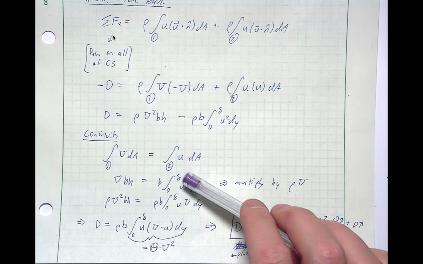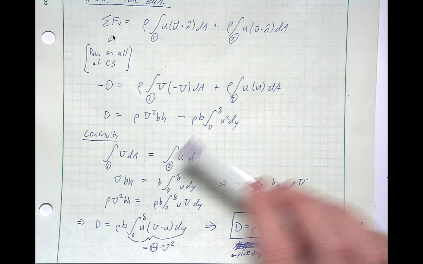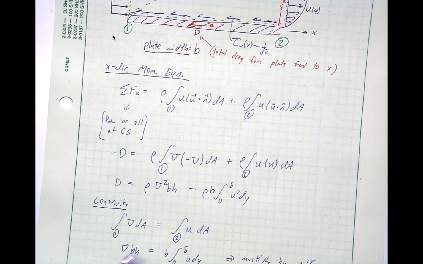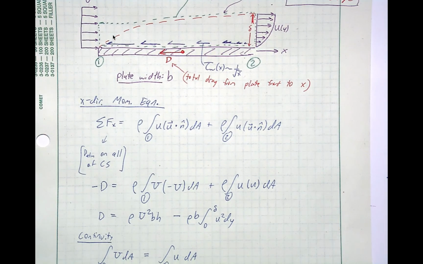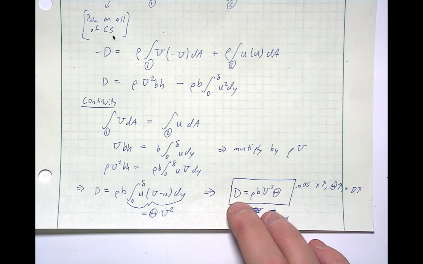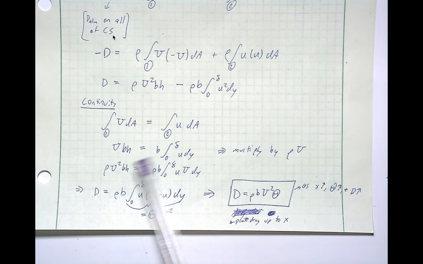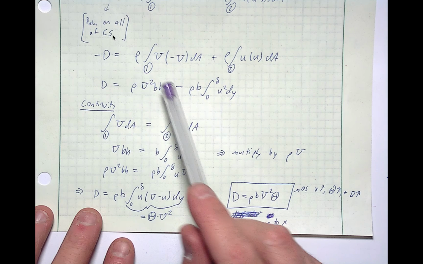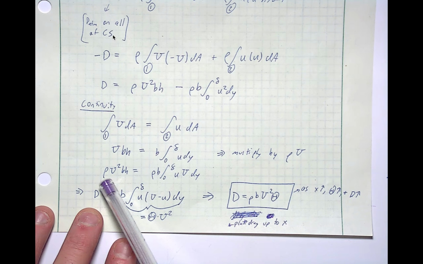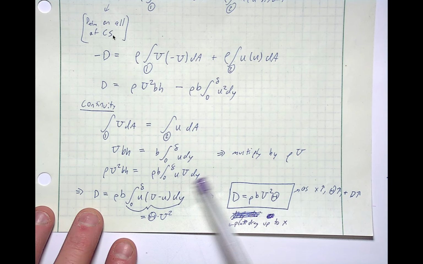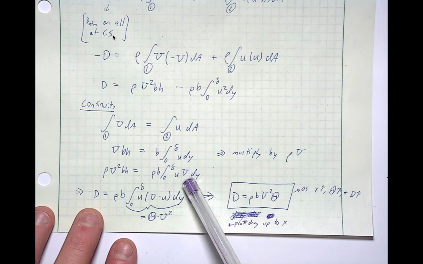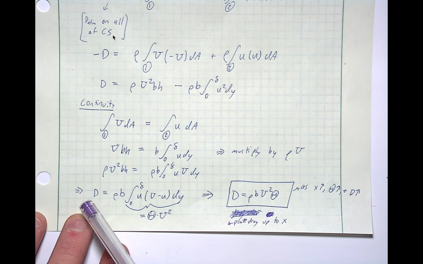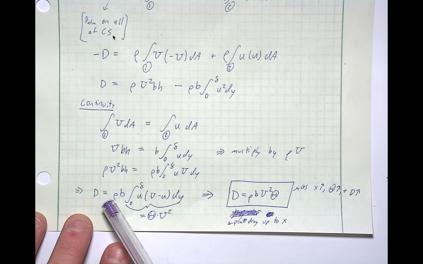So here we just have u over the area, it's just b times h. And here our area, well, we're integrating over the area of b, and then from 0 to delta, just the velocity itself. All right, so we get UBH and then times this integral. Let's multiply by rho U to make it look just like this term. We get rho U squared BH is now written in terms of this integral, rho B, and putting the U on the inside here, so that when we plug it into here, we can just say the drag force is just equal to